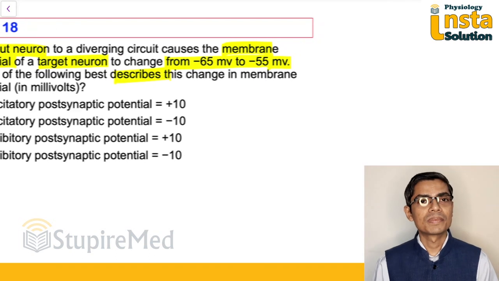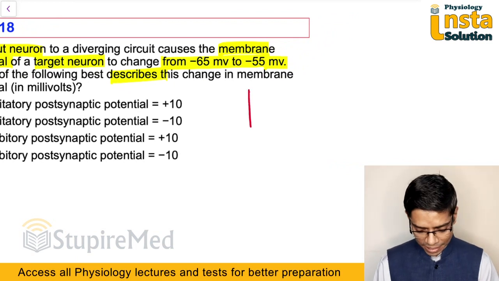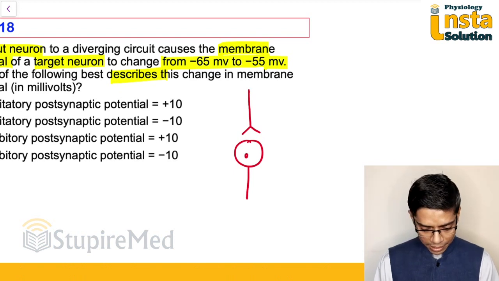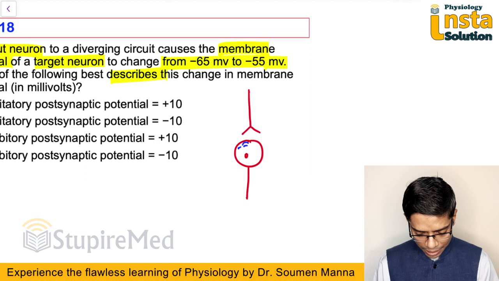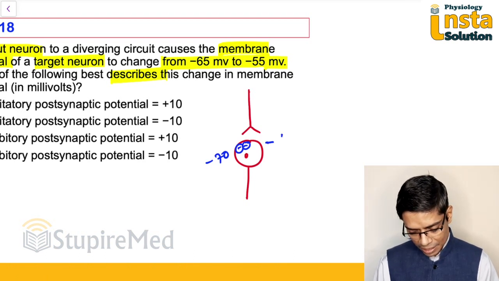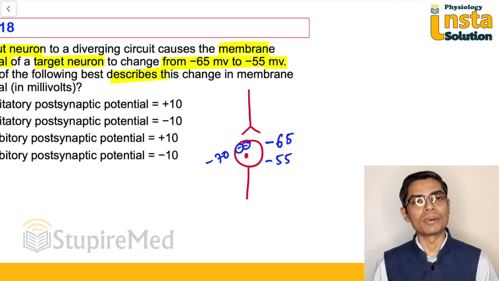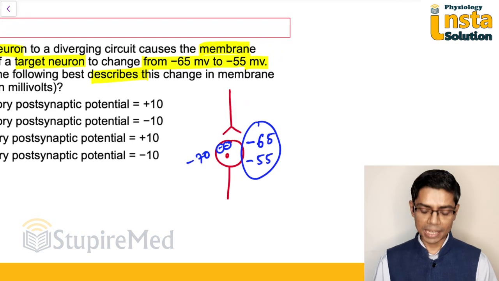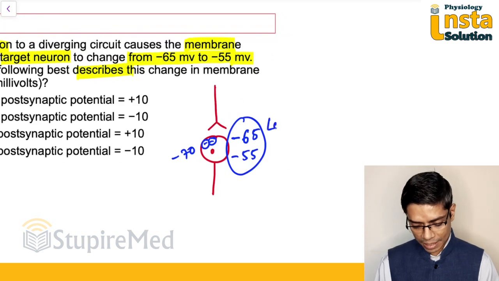So it's a simple question. One neuron is making a synapse on a second neuron, and it is causing changes in the RMP of this neuron. Suppose the RMP is minus 70 millivolt, then the RMP rises to minus 65 millivolt and it is changing the membrane voltage from minus 65 to minus 55 millivolt. So I can easily understand that the change of membrane voltage from minus 65 to minus 55 is nothing but